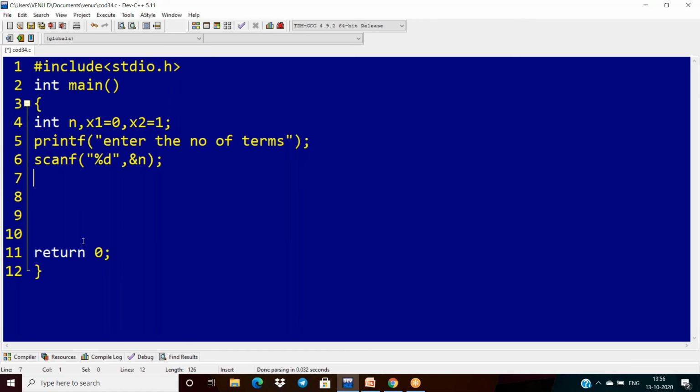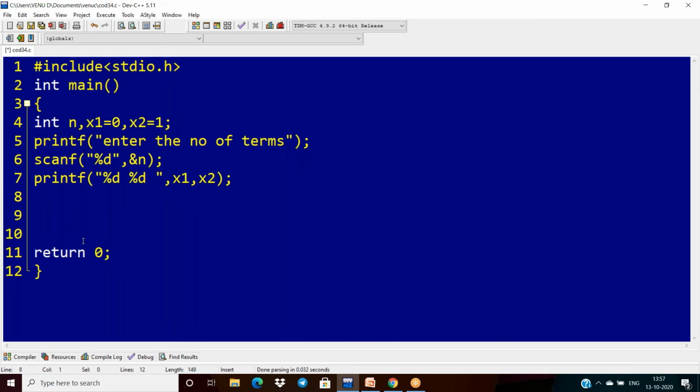Now first of all I have to display these values, x1 and x2, with some space.